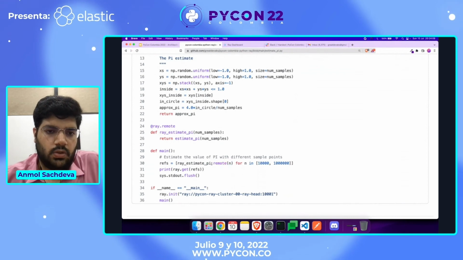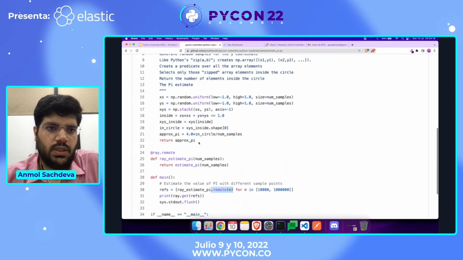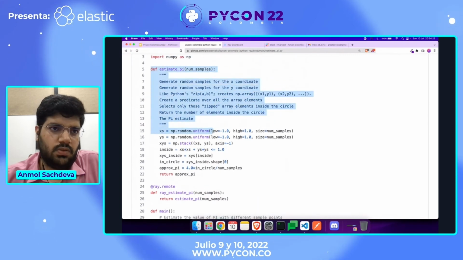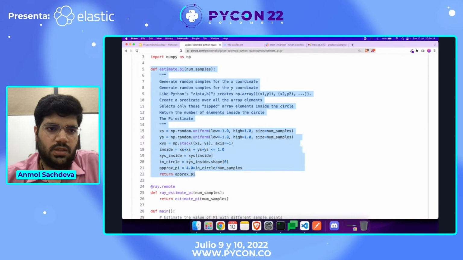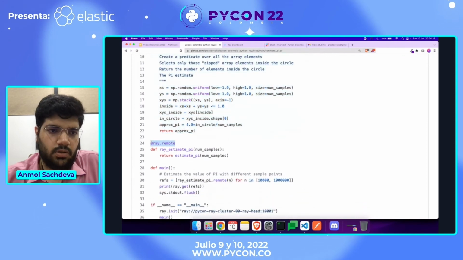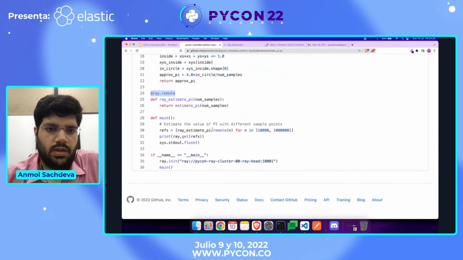So you just have to include dot remote, and then in remote you actually pass your parameters to the function. And this dot remote is just a thing that you need to do. You see that we have reutilized our existing code, which was just estimation of pi. We have just added a decorator on top of it, and then we are calling that function in a bit